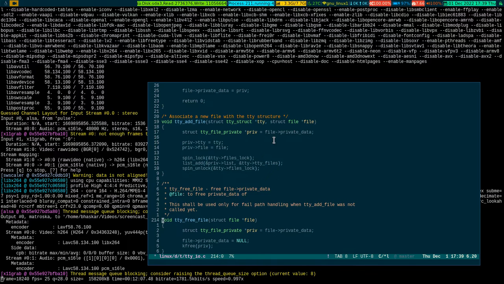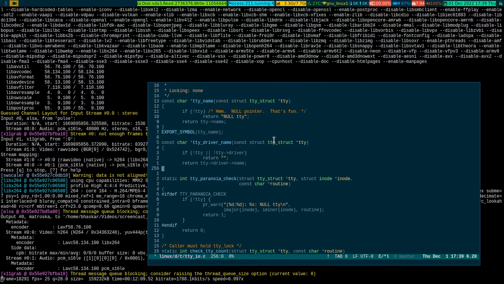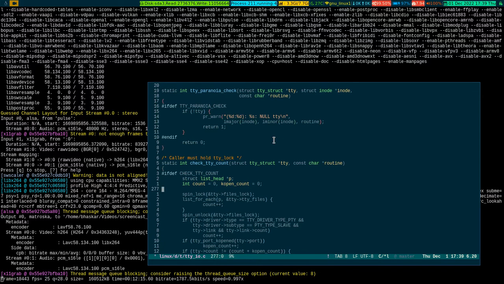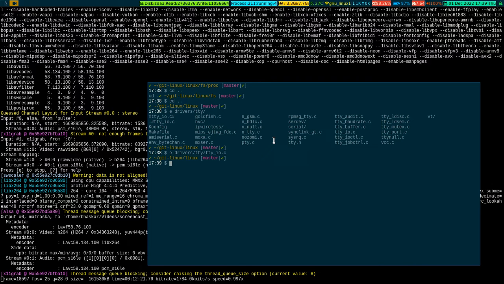I'm showing it just for your reference. You might take a peek once you have the inclination. Okay, so this is one thing, and then